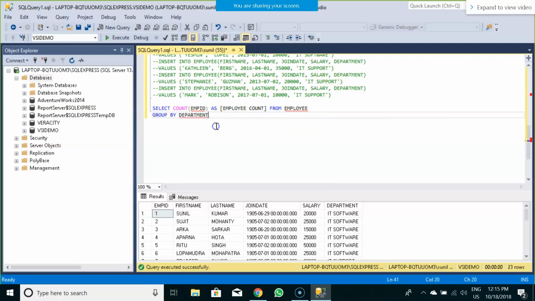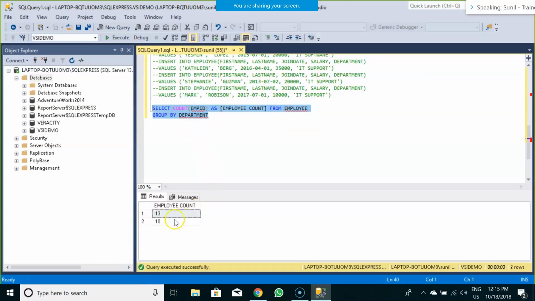Now let us see what's the result of this query. 13 and 10. Can anyone tell me what is this 13 and 10? We did a grouping on department. So there were essentially two departments, IT software and IT support. Now what are this 13 and 10?